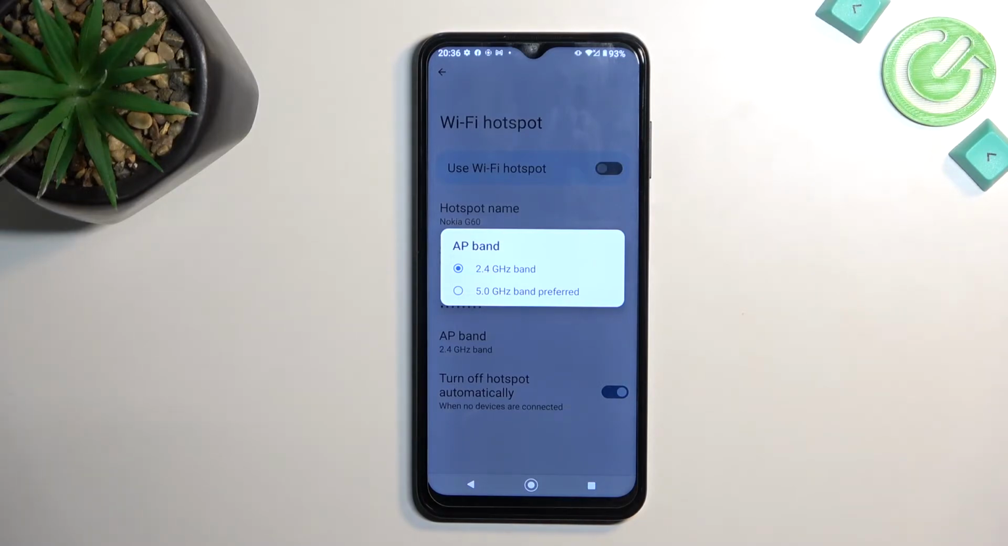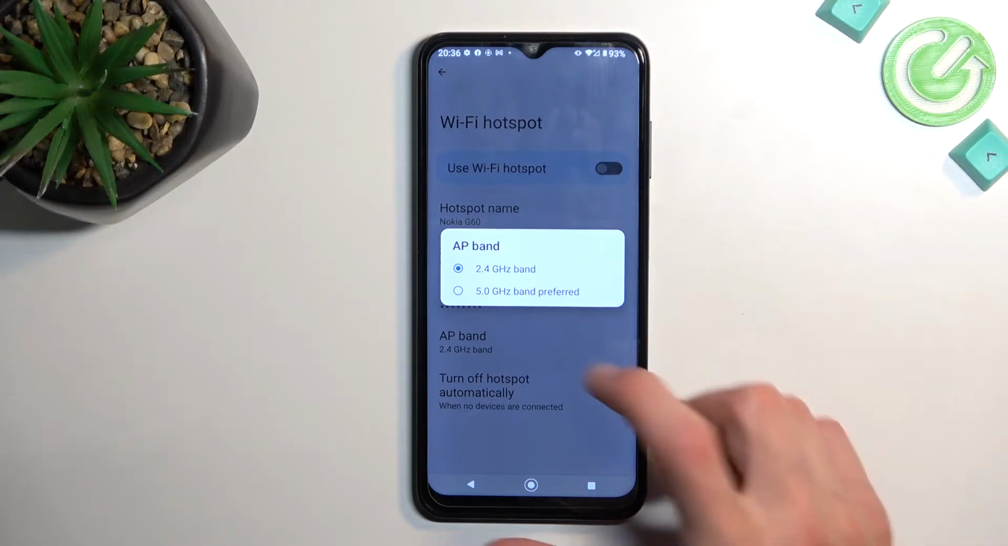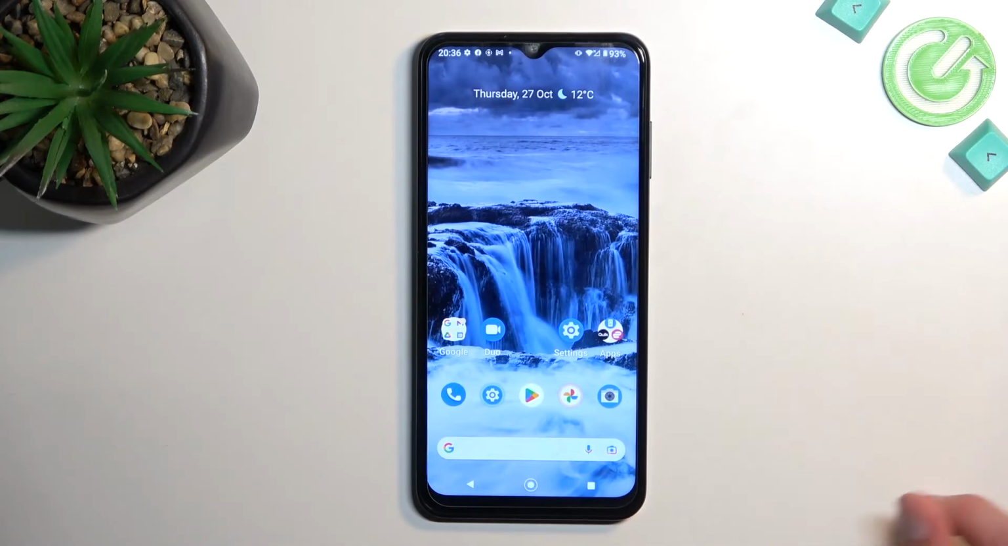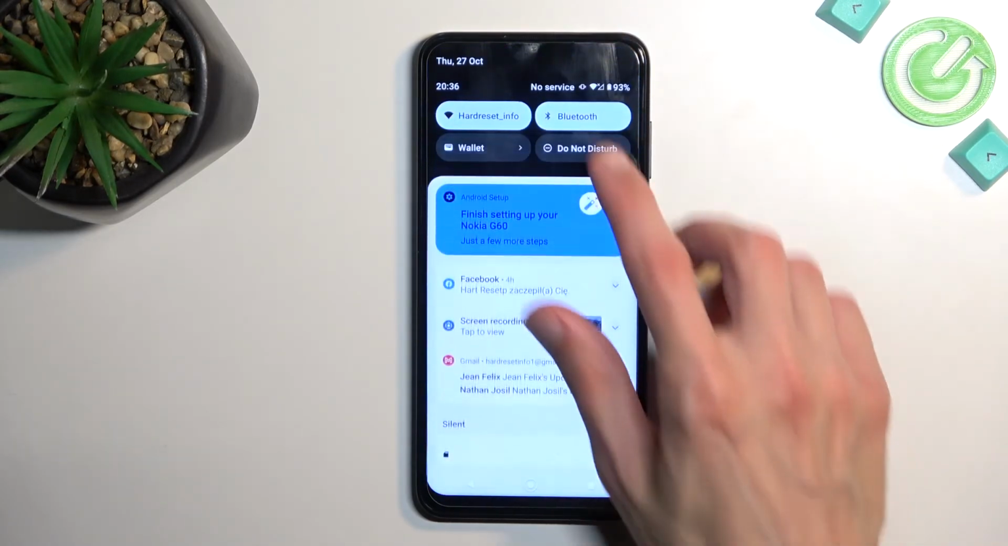So if you change this and your phone doesn't support it, or the device that you're trying to connect to this hotspot with, then you just simply won't see the hotspot. That's why, like I said, I recommend keeping things the way they are if you don't know what those things do. Anyway, once you change the password, you can close this off, and whenever you want to utilize your hotspot,